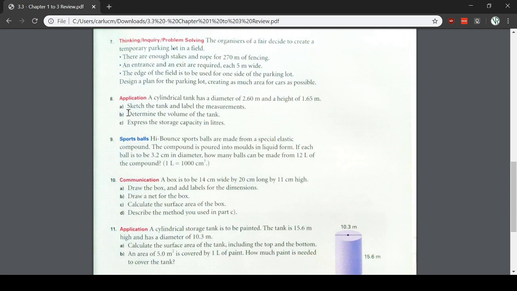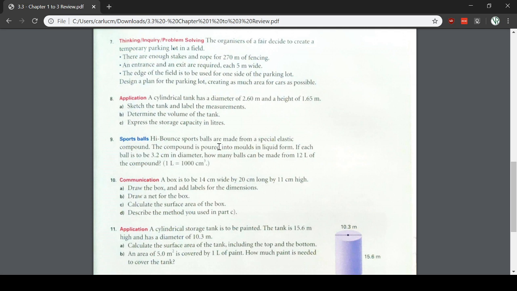Determine the volume of the tank. We just use our volume formula, which is pi r squared h. So we'll divide that 2.6 by 2 and do pi times 1.3 squared times 1.65. And then we want to convert that to liters. Recall that 1 cubic meter is equal to 1,000 liters. So we just multiply the volume by 1,000. And then in number 9, as a description of that, high bounce sports balls are made